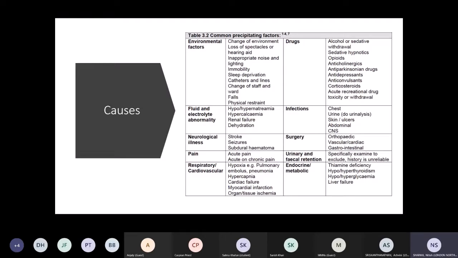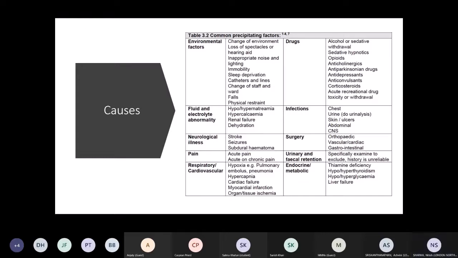So sometimes what happens is the patient is admitted to the hospital, comes to A&E, goes to an acute medical ward, goes to a short stay elderly ward, goes to a long stay elderly ward, and this all happens within a few hours. This causes a lot of change of environment for the patient, from being at home to being in different wards in the hospital, and this predisposes to more delirium.